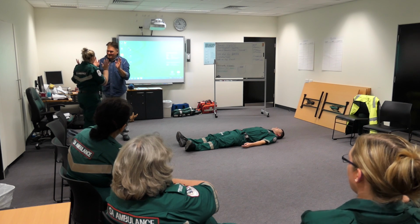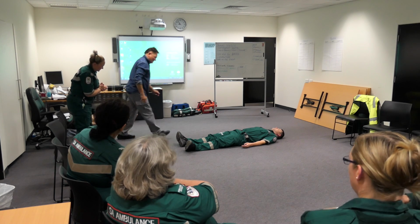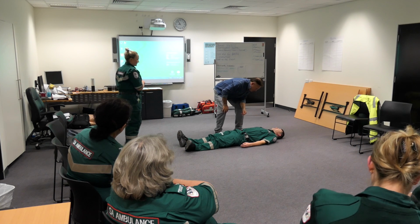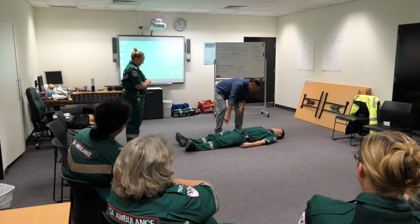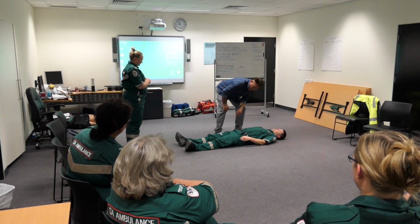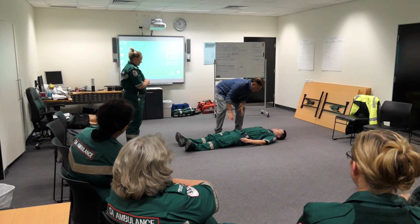See you safe? And PPE? Okay, good. How you doing, sir? You're doing good. It looks like you got a broken femur here, and you must be in a lot of pain. Yes. Okay. So we have a traction splint that we can put on that will take